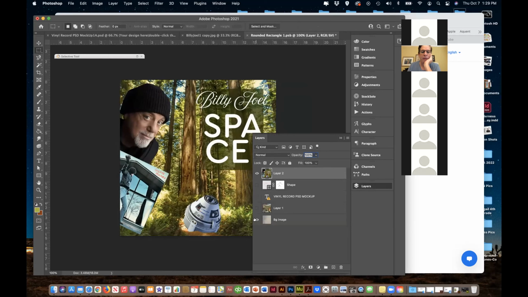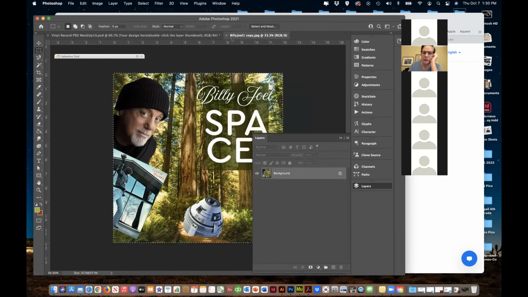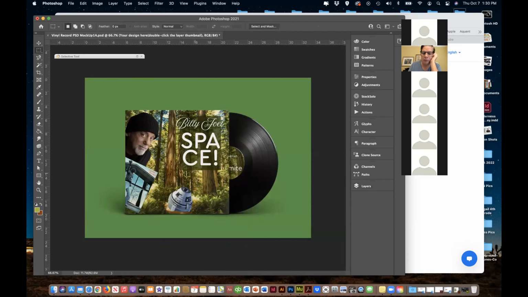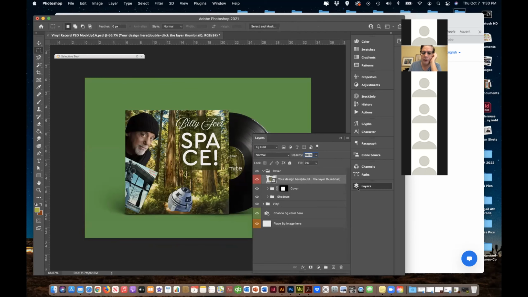These other layers I can just turn off because they're not going to be seen anyway. And I'm going to hit save. Okay, and you'll see the little asterisk went away. I'm going to close this window out. And I'm going to close this one out now. And now I have it back over here on the album. Okay, so now it's here. And next you would go through and do the same thing with the